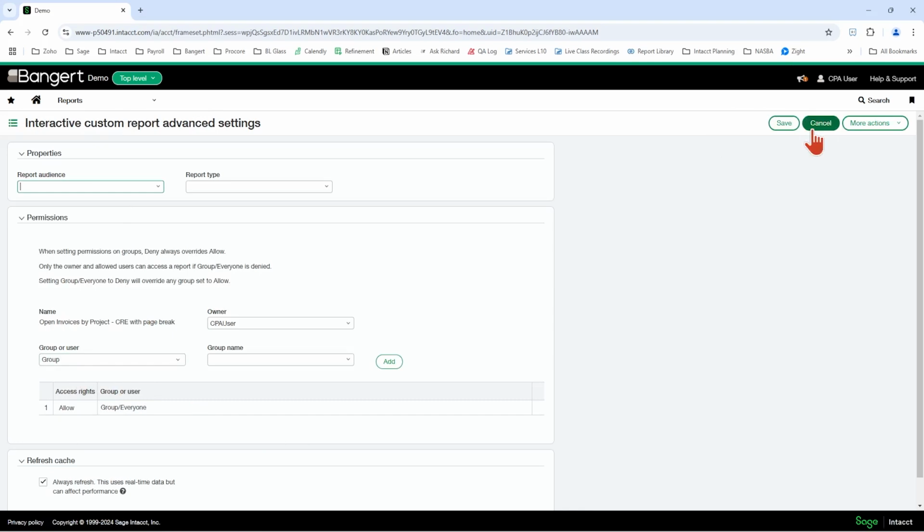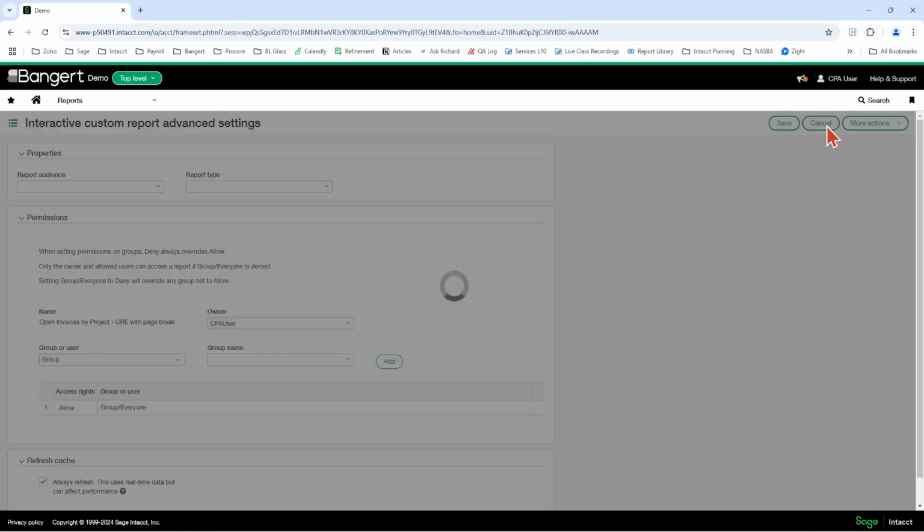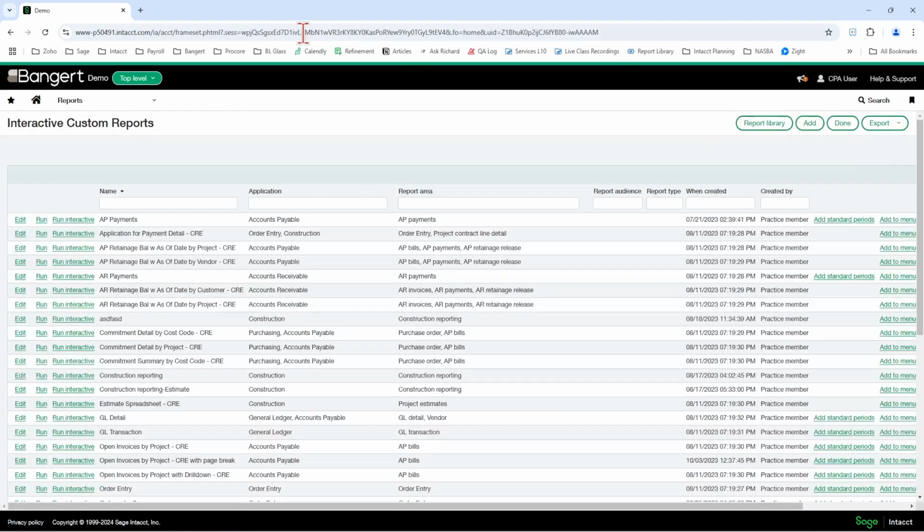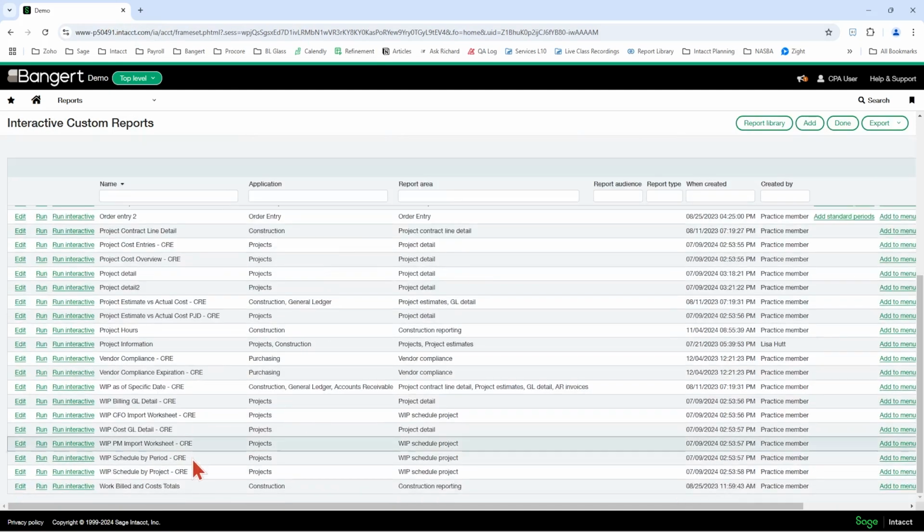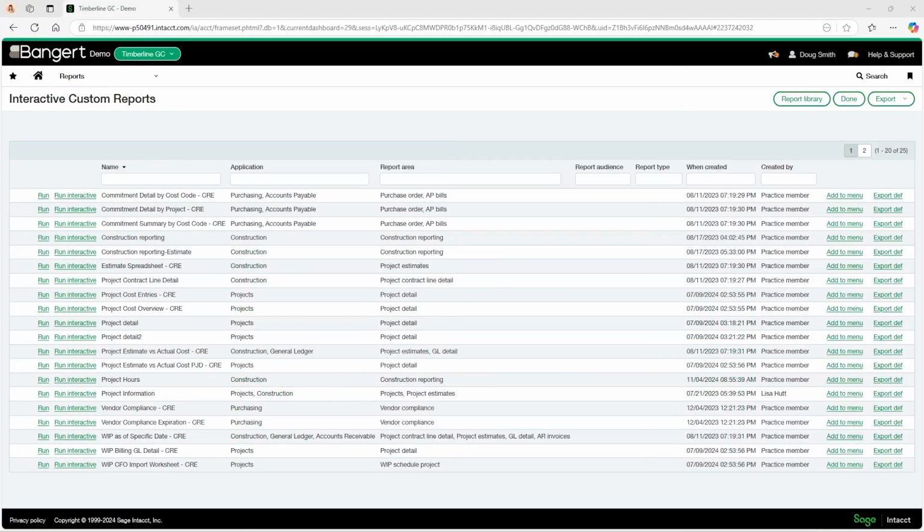Okay. So if you do have confidential reports in here, you can secure those down so that the project manager, so you see I have more in here, the project manager doesn't have as many. Okay. So just custom reports is the one that's a little harder to secure down.